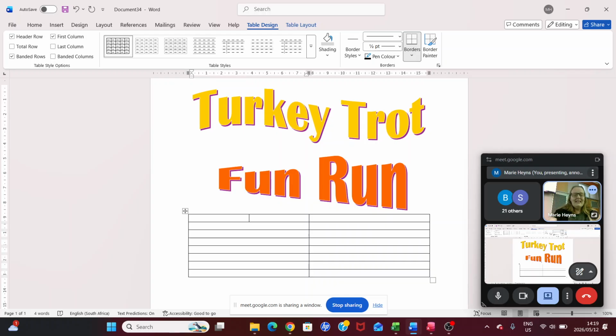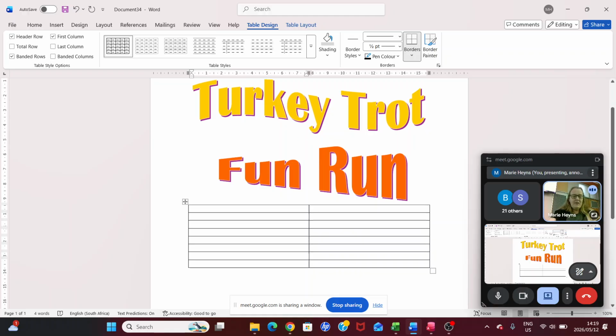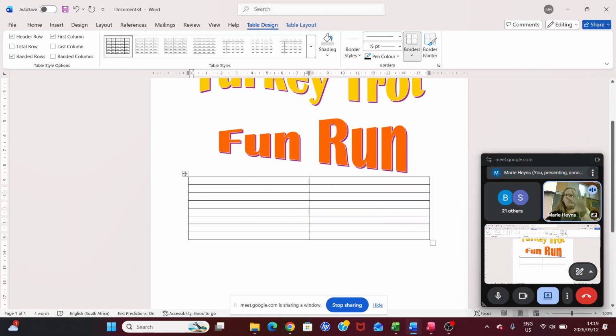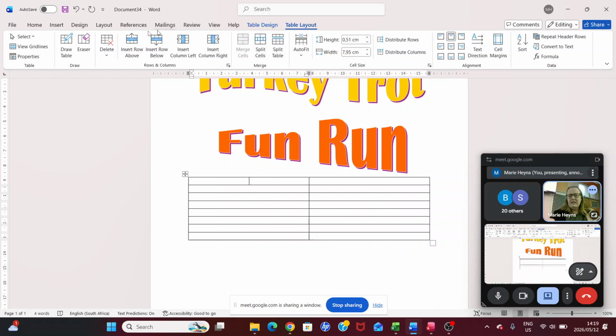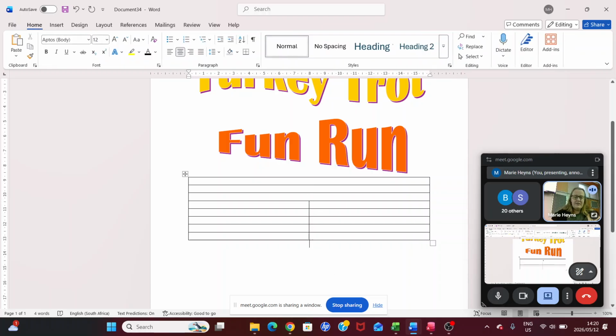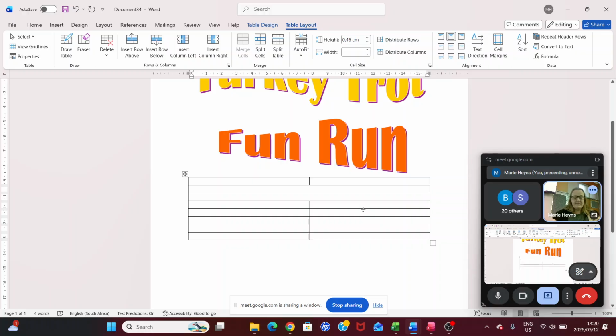Okay. So we inserted our little table. Maybe you can start from this point onwards. Our little table contains 2 columns and 8 rows. Now, in our first row, we have to enter the title, but we first need to delete the little line there in the middle. So we are going to say delete and delete and delete, because the third line is a blank line, so that's why I'm already removing that one.